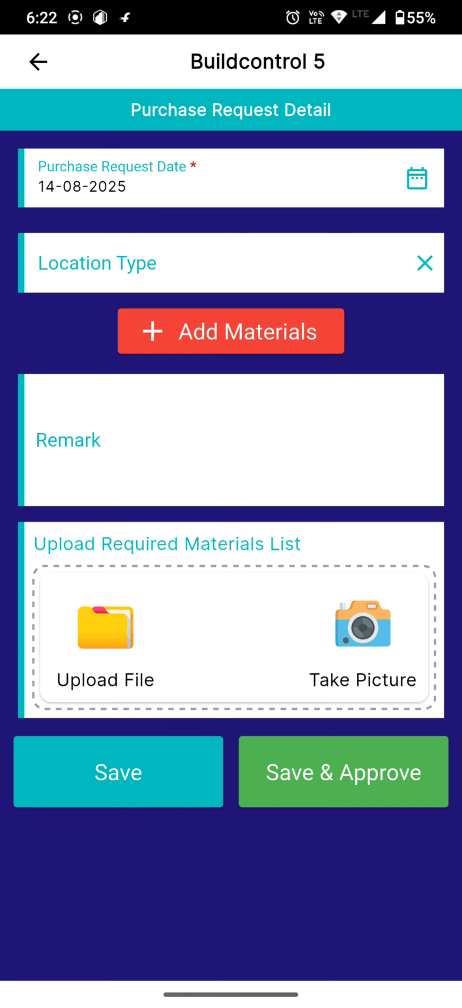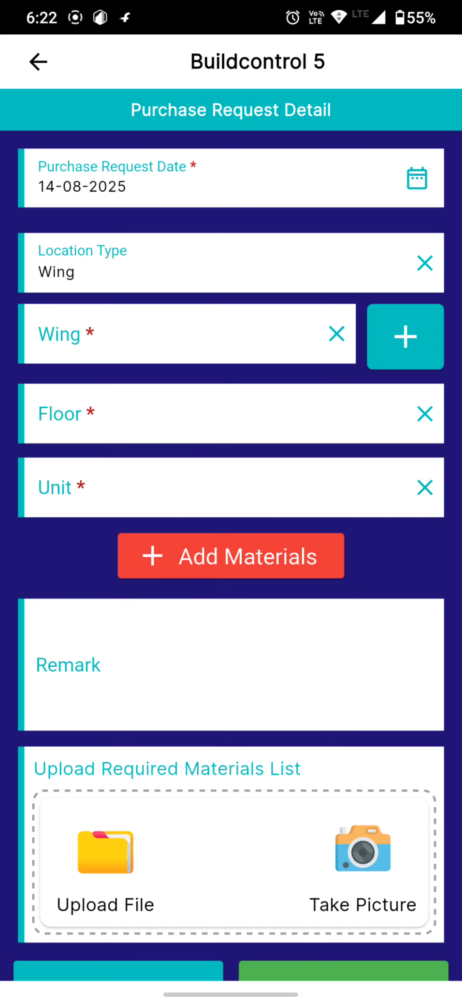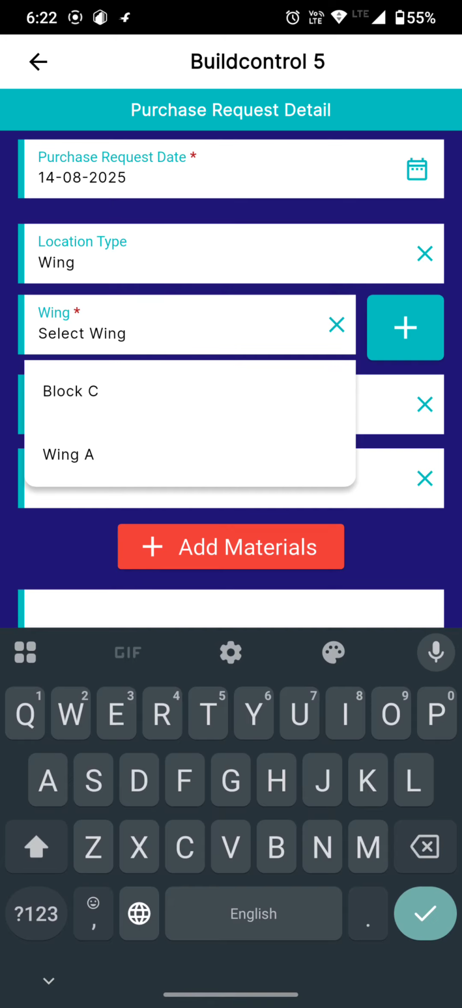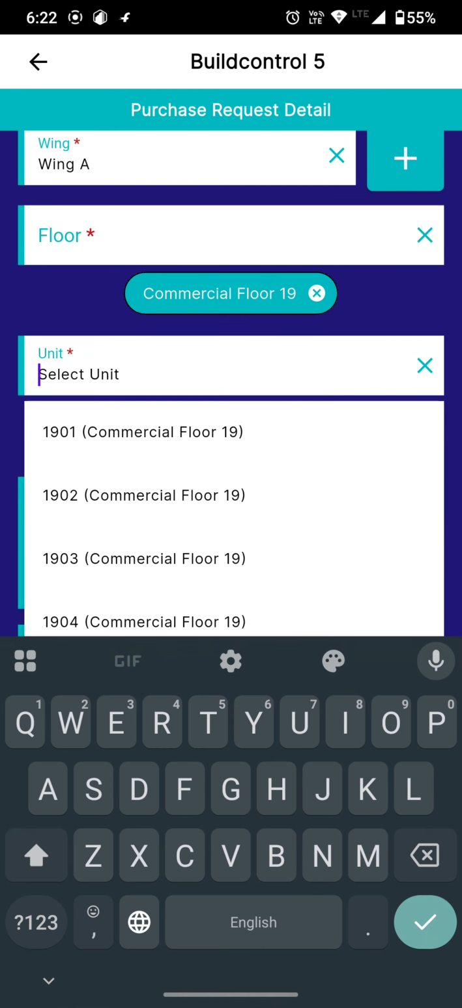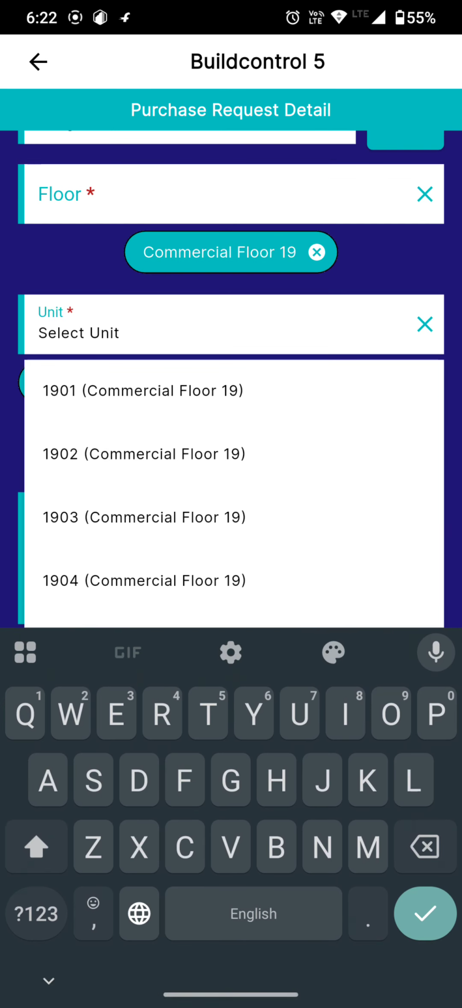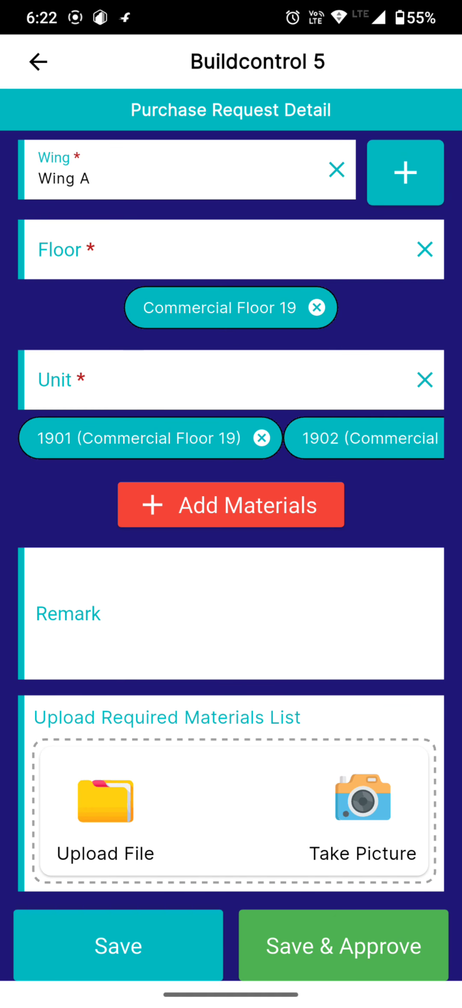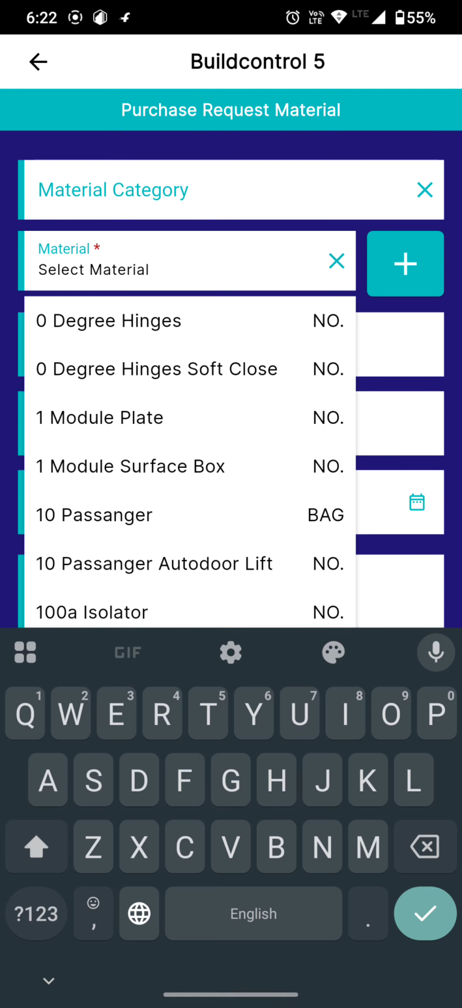Now your engineer has to define for which location he requires the material. In our system we have a wing creation, so I have these two wings. On Wing A, at this floor, for these units, I want some materials. For adding the materials, you have to click on this Add Material, select the materials,